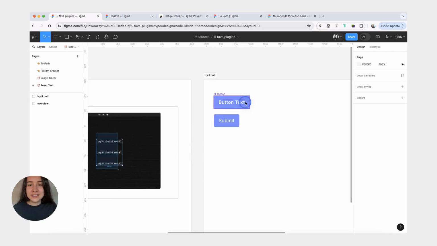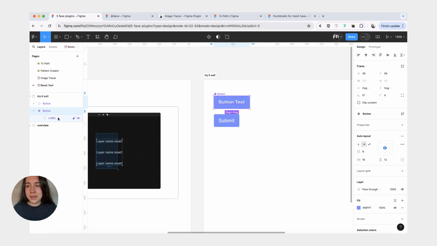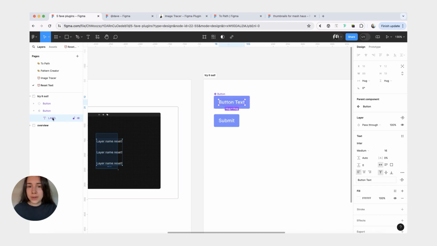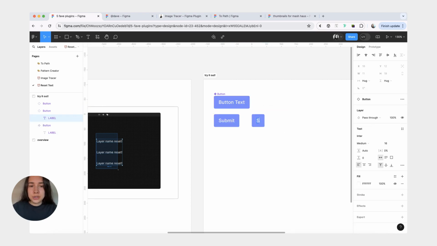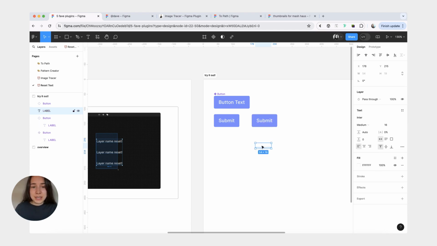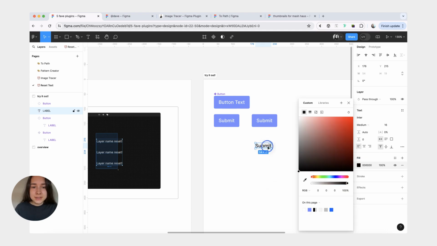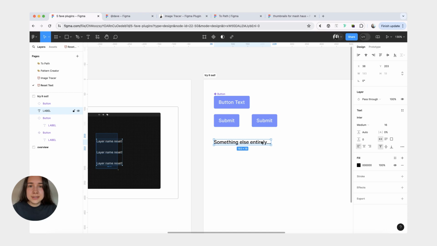What I mean by all of this is, let's say you have your button, and inside this button you have a text layer that you gave a name of label, even though it says button text. So then you make an instance of this button, and you change the name to submit. It still says label, and it's kind of fine because it is an instance of a button, so it still makes sense. But then it's very common to copy-paste text layers especially, and then use them for some different purpose. So I just copied this text layer, and now let's rename it. So I might be using this as like a paragraph or as some sort of heading, somewhere where label just does not make sense at all.